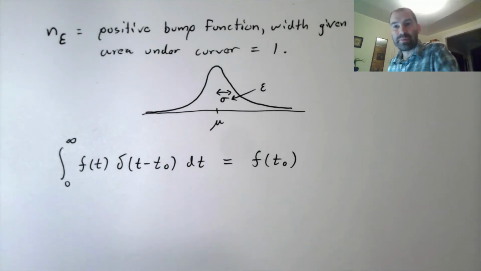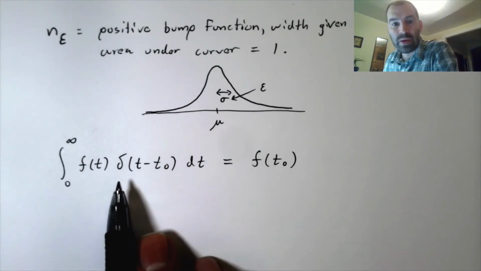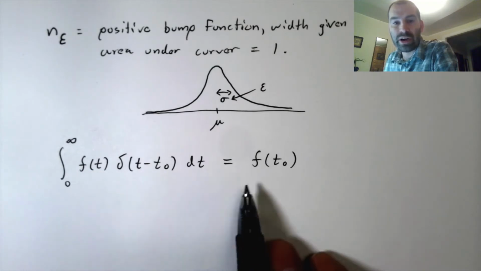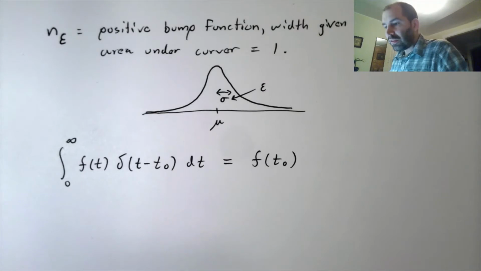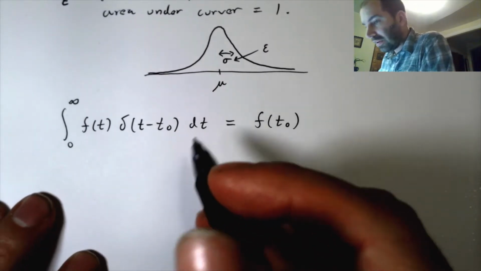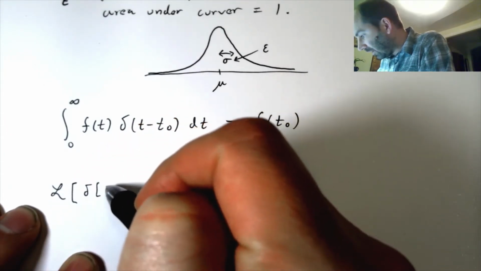And this is a very special feature of the Dirac delta function. When you multiply it by a function and integrate, you get the value of the function. So some things we can do with this. Well, we can look at its Laplace transform. Okay, if I take the Laplace transform of the Dirac delta,